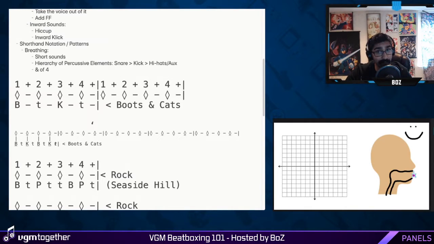This one's going to be a little faster, but I feel like I'd get in trouble if I didn't have some Toby Fox in here. So here's some Deltarune. We're going to do the same exercise. Try it at home with me if you can. This one's faster. I'm going to go twice as fast now. So